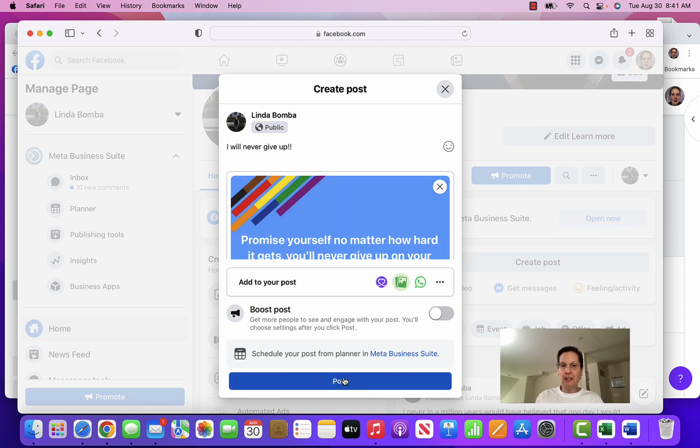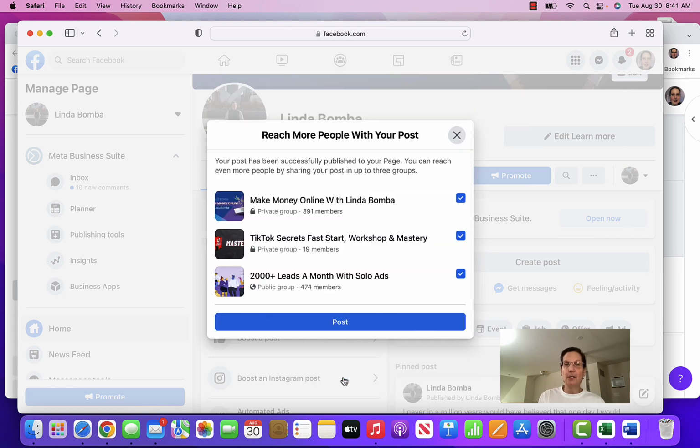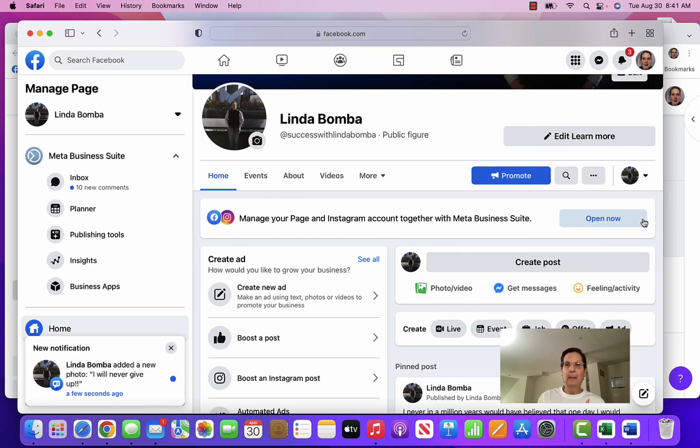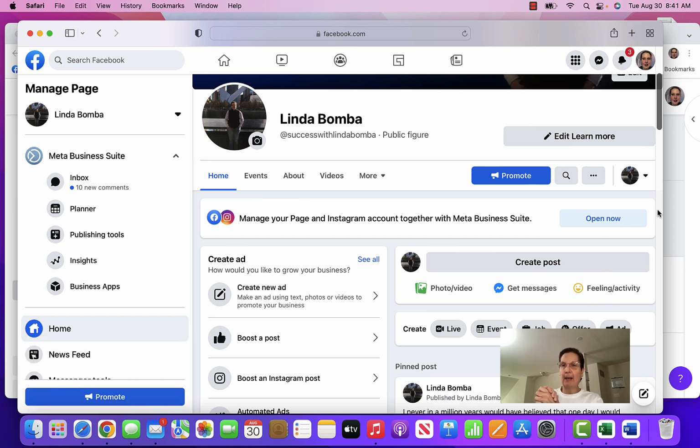And then if I post, this is my business page. This is a completely different thing. So you may not have a business page, but what I do is this will post, and then what pops up, these are 3 groups I'm the admin in. I'll post it in here. So what I've basically done with one post on Facebook, I put it in 5 places,